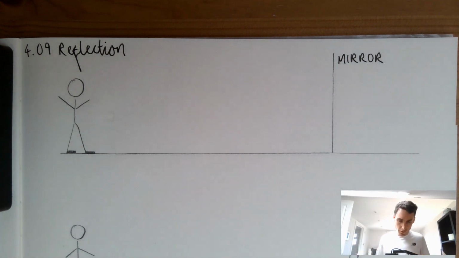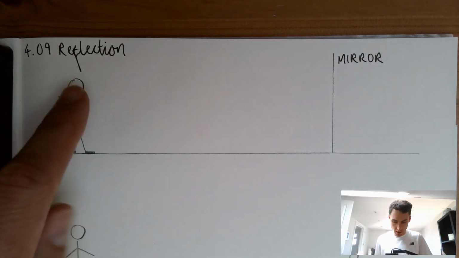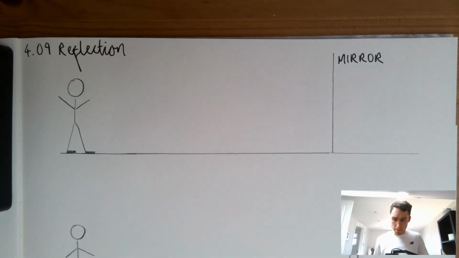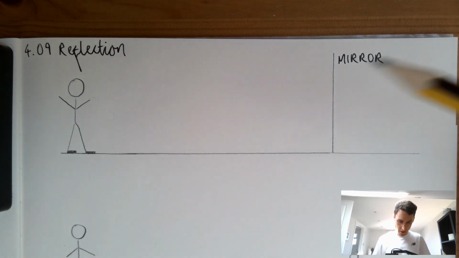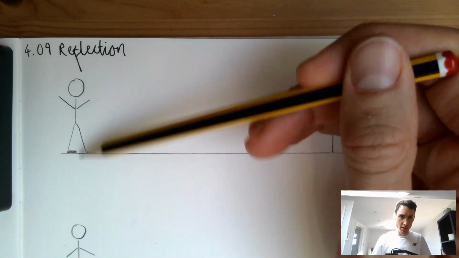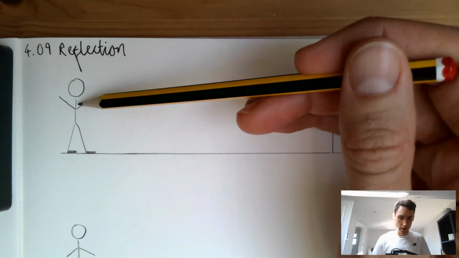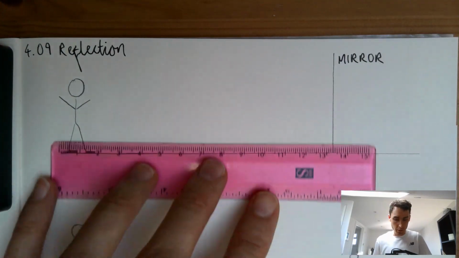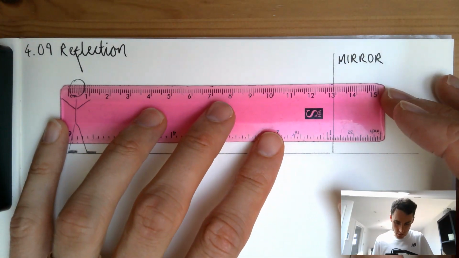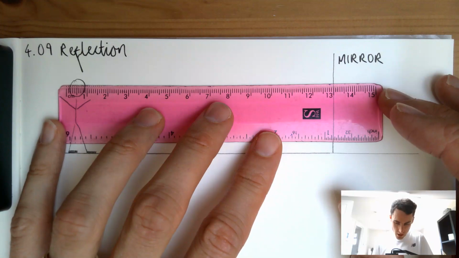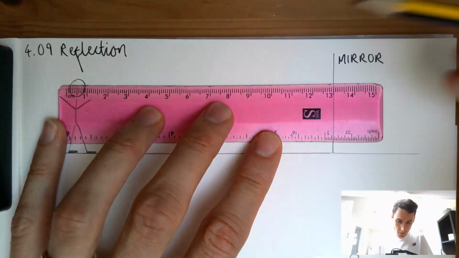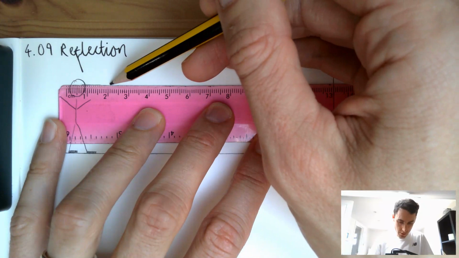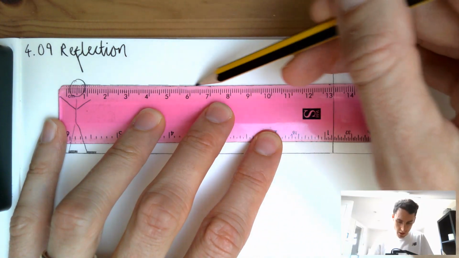So anyway, the first example we've got here is a person looking at their shoes in a mirror, and there's a couple of ways of doing this. I think possibly the easiest way here, if we just assume that the person's eyes form a vertical line down with the end of their shoe, one thing we could do is model this to students. We could say, well, we know that the angle of incidence is going to be equal to the angle of reflection, so we're going to draw these ray diagrams only after they've grasped the law